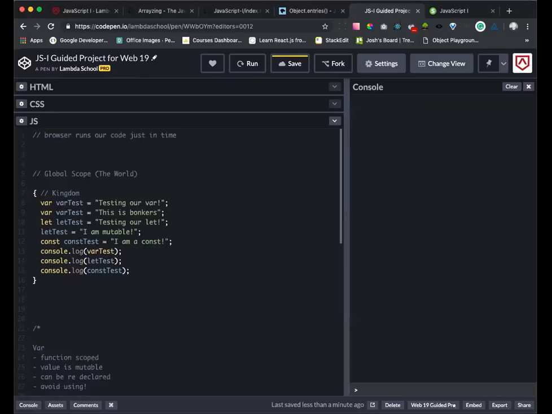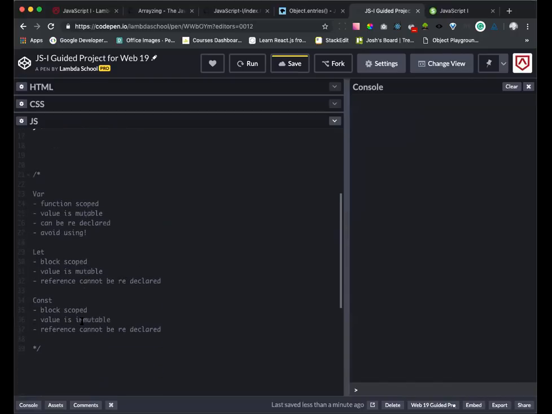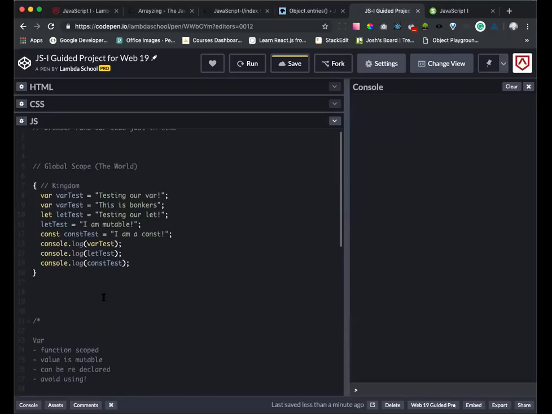Okay? So if we come down here, var, let and const: it's block scoped, the value is immutable, reference cannot be redeclared. So consts are super safe. They protect us from ourselves and our own code. Okay, so one thing that I talked about, and this will be the last thing, and I'll open up to questions after this, and we'll take a break,